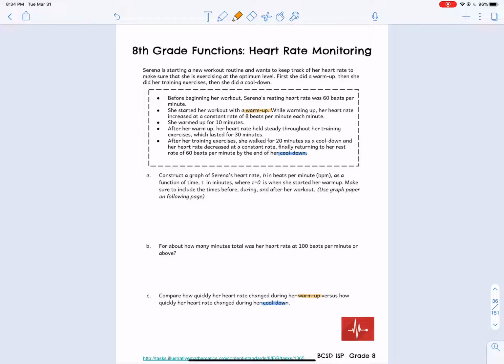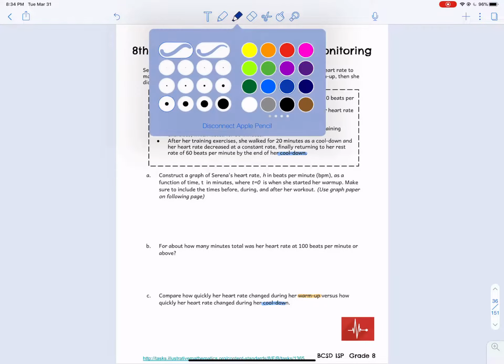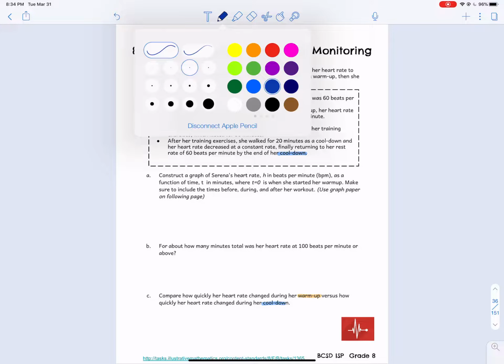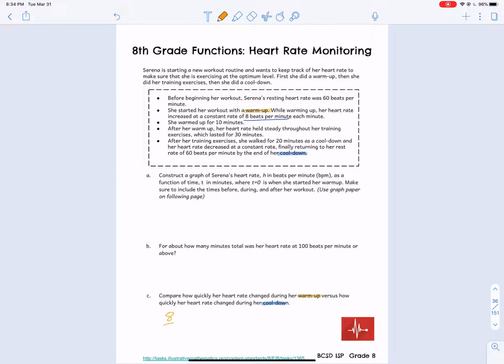Her warm up, we already know some of this. It says 8 beats per minute, and that's her warm up. So it's 8 over 1, or 8. And then her cool down, let's do that in orange. 8 over 1 for her warm up. And her cool down, we don't know